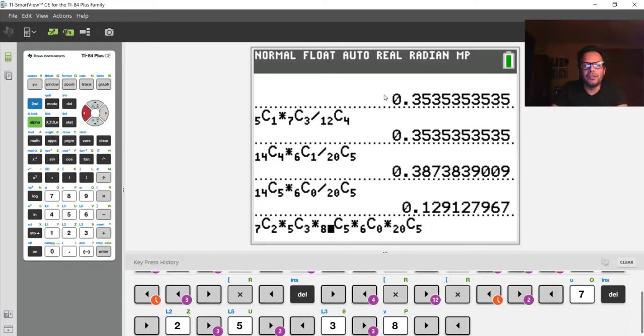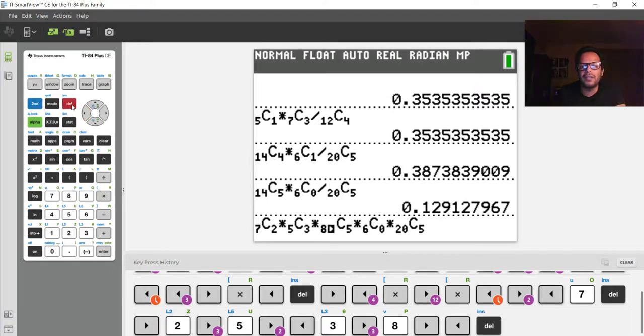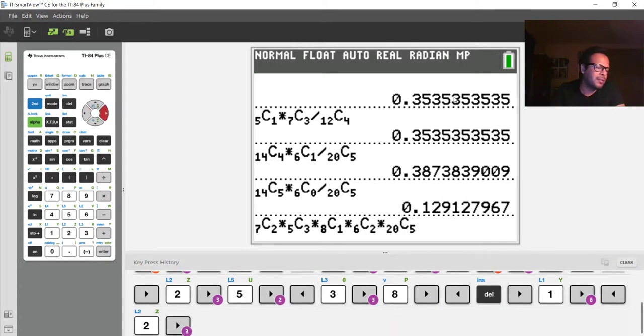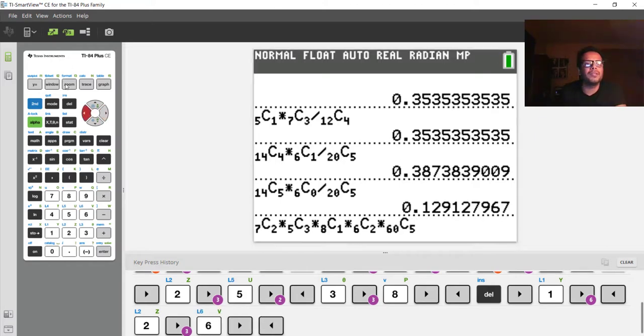Be sure to delete this 4 using the delete button here, and then 8 choose 1, and then times 6, it's already there. Choose 2 and 6. Delete this one. 6 choose 3. And then divide by,